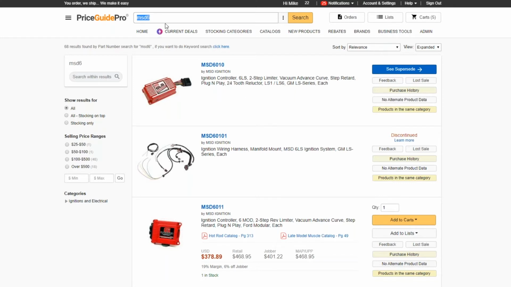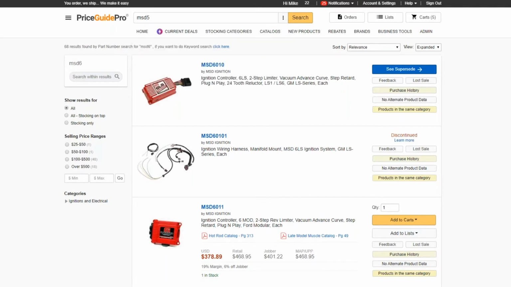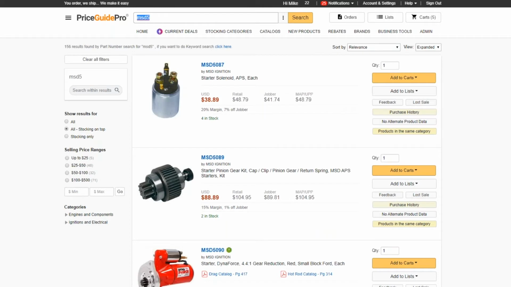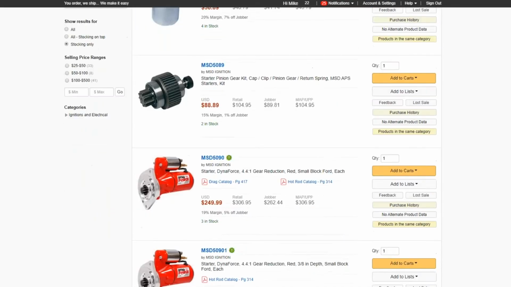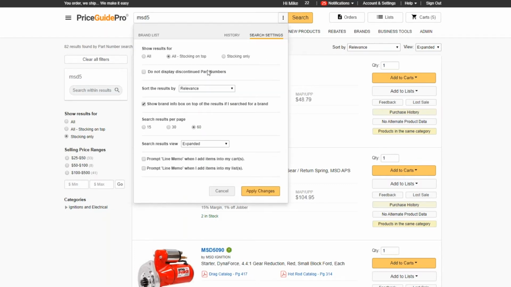And then when I do my next search, we'll call it MSD5, it will go back to my top level or my search setting box default, which was all stocking on top. And then again, I can change this search result to just stocking only or whatever I want. And it will alter the display on the page, but only for this search result. The next time I do a search, it's going to go back to the results based on the search setting box. Global setting,